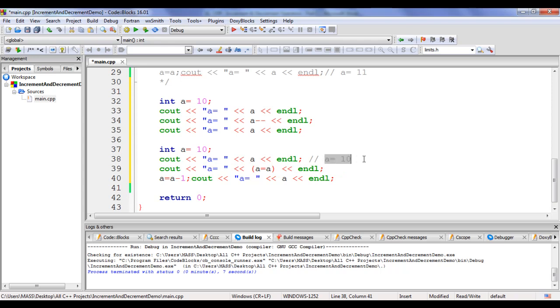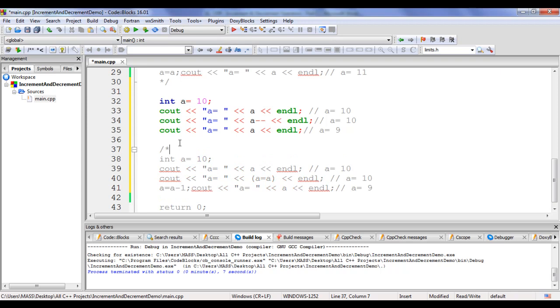Before this line, the value of a is 10. We are storing the 10 back inside a. A equal to a means take the current value of a and store it inside a. So on this line, the value of a is still 10, guys. So we see a equal to 10 displayed. Before executing the next statement here, we are decrementing the value of a by 1. A is 10, 10 minus 1 is 9, 9 is stored inside a. So on this line, the value of a is 9, guys. So we see here a equal to 9 displayed, guys. That means when this code is executed, definitely we see a equal to 10 displayed here, a equal to 10 displayed here, a equal to 9 displayed here.